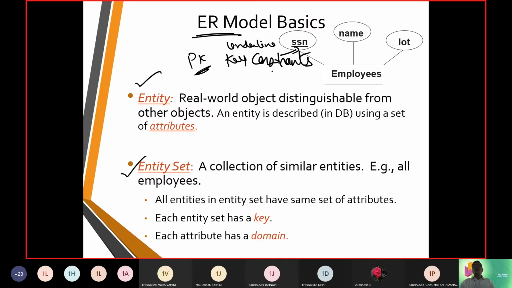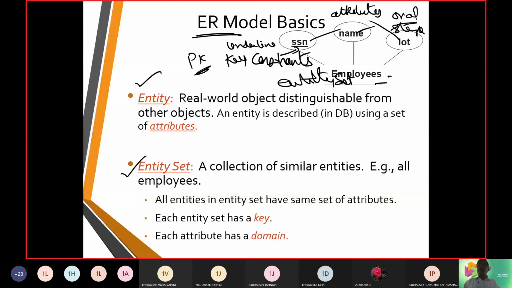The attributes, employee SSN, employee name, employee lot, we are going to call attributes, and these attributes are put in an oval shape, and the entity set is taken up in a rectangular box.